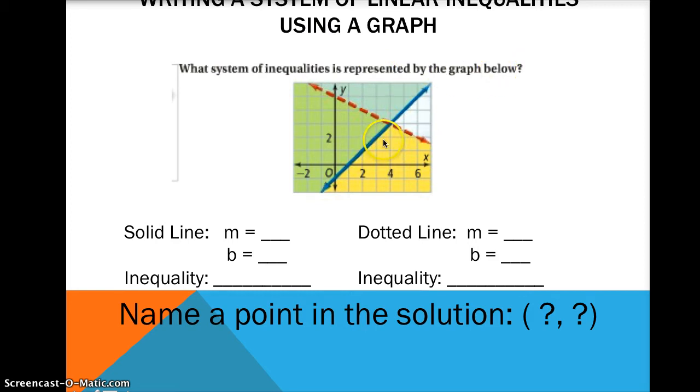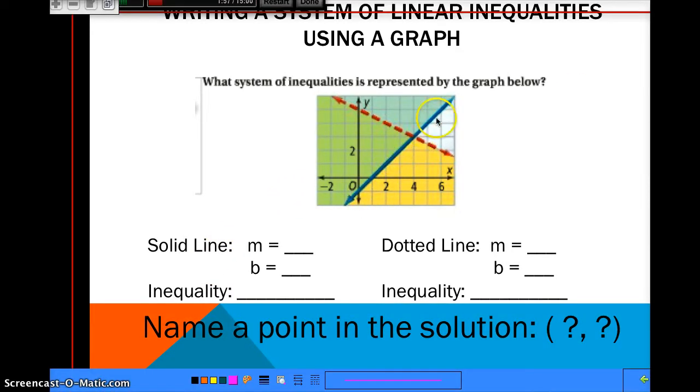If you look at this, guys, let's look at the solid line first. What is the slope of the solid line? That would be this line right here. Well, the slope is the rise over the run. So if I start with this one, it would be up 1 to the right 1, up 1 to the right 1. So the slope is really 1 over 1, which is 1. The y-intercept is right here, which is -1. So the inequality is going to be